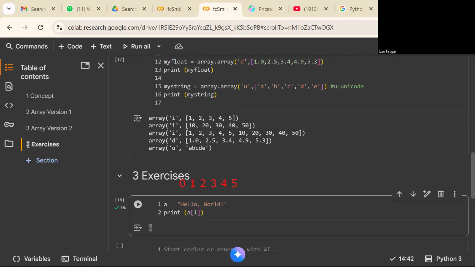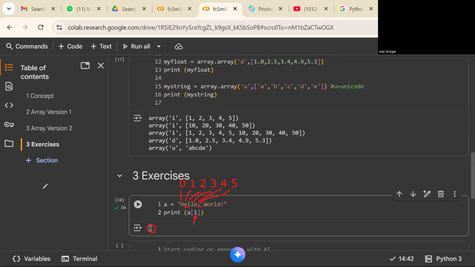Yang paling pertama adalah indeks ke 0, yang berikutnya indeks ke 1, kedua, ketiga, keempat, lalu koma yang kelima, nanti ada spasi yang keenam. So, ketika engkau mengambil indeks yang ke 1, it means that you are retrieving huruf E ini. So that's why dia akan menghasilkan E.